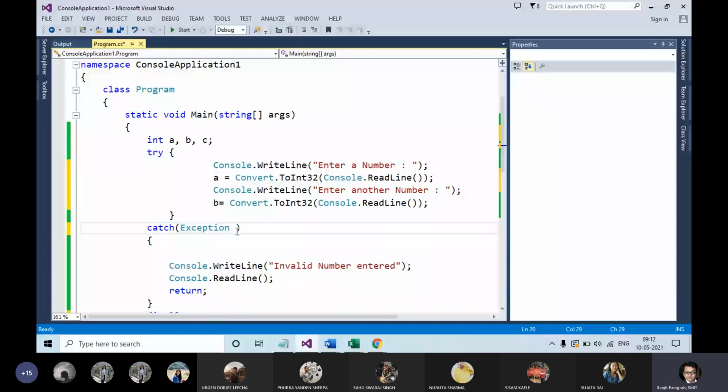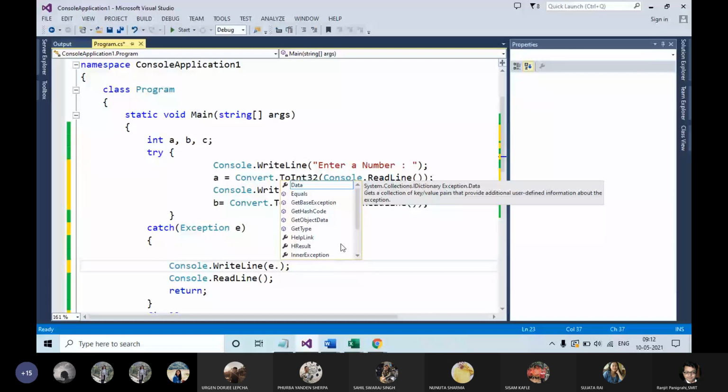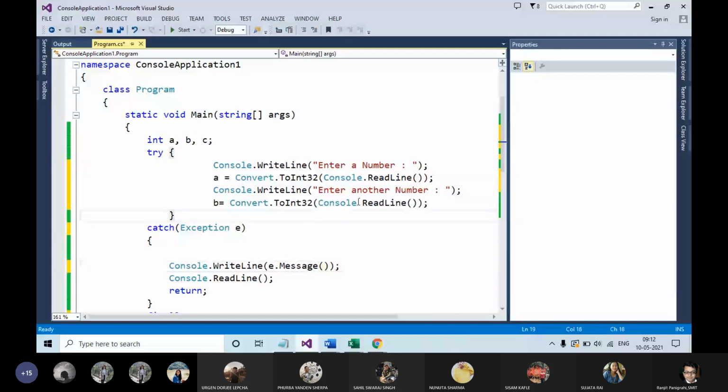Now here in the write line, instead of this, you can show the e dot message. Now look at this, I'm running a program.